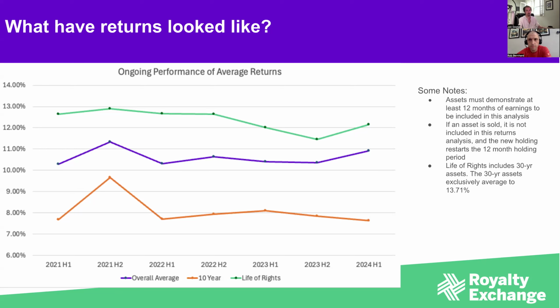And like Rob said, this is inclusive of everything, whether it's a 50-year-old catalog or a half-year-old. Well, I guess it can't be a half-year-old, a 1-year-old catalog. So yeah, inclusive of everything.